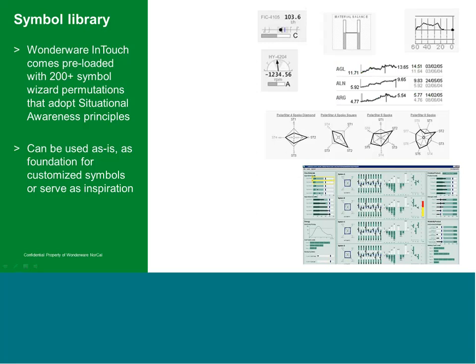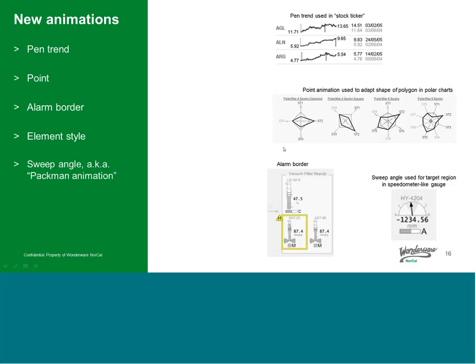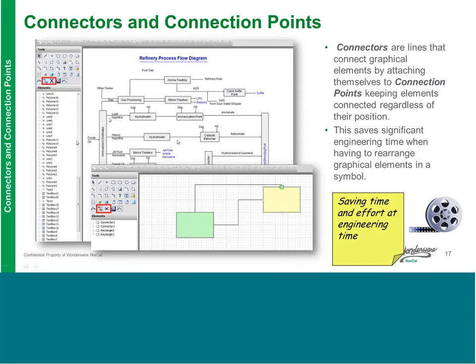So these are examples of situational awareness graphics: line charts, spark charts, trend charts, different graphics that have a lot of context in them. So there's a new pen trend, there's a new alarm border we'll show you. These are the connectors and connection points that are new, so that, just like in Visio, you can